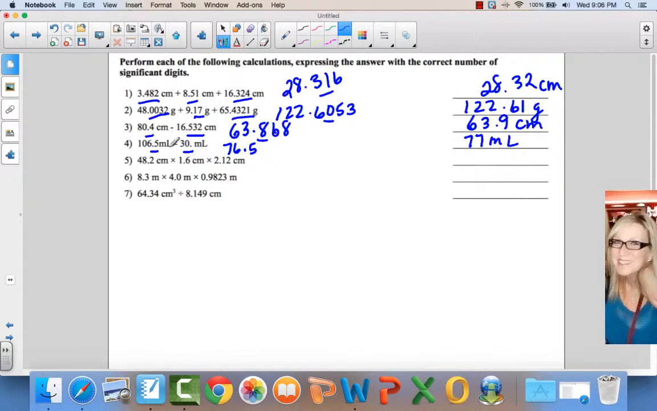Alright, now we're into multiplication and division. So multiplication division, remember, it's the least number of sig figs. So 48.2 is 3 sig figs, 1.6 is 2, 2.12 is 3. So my answer is going to have 2 sig figs. So 48.2 times 1.6 times 2.12 is 163.4944. And I can only have